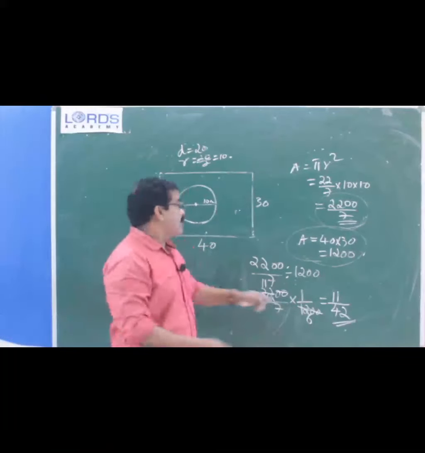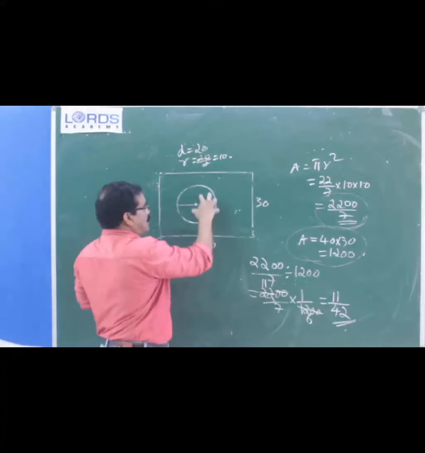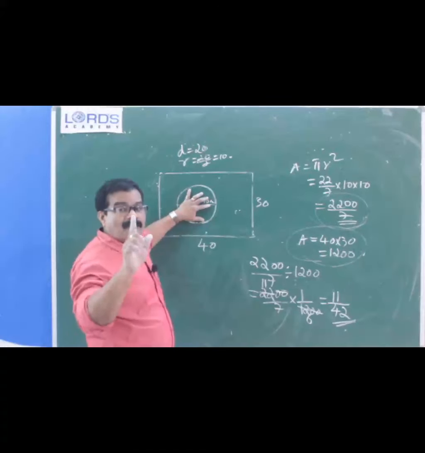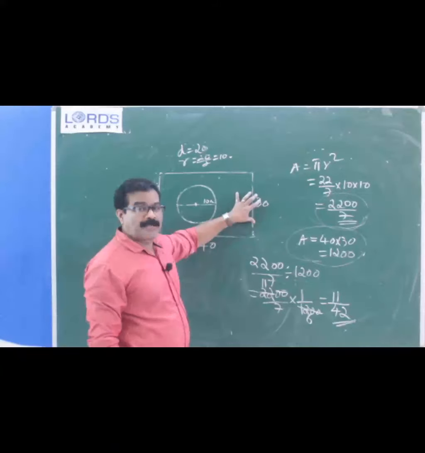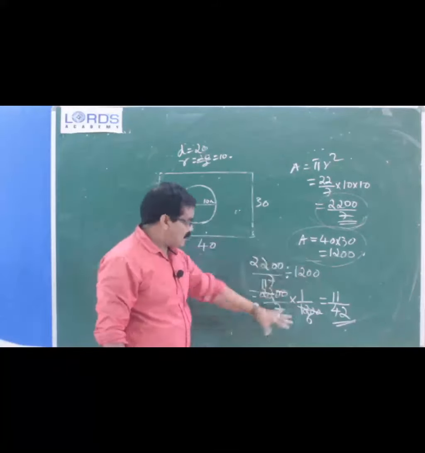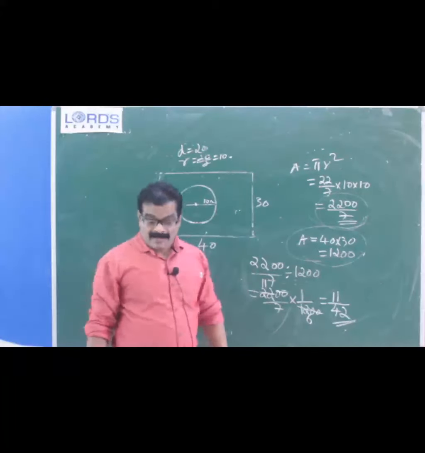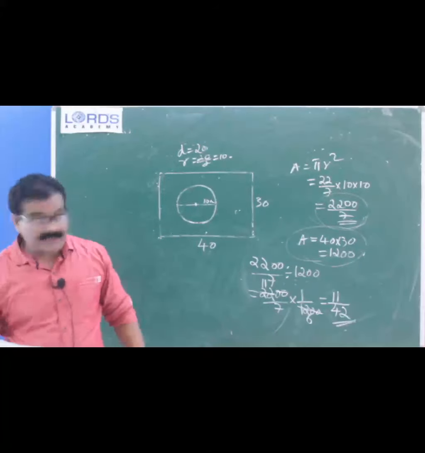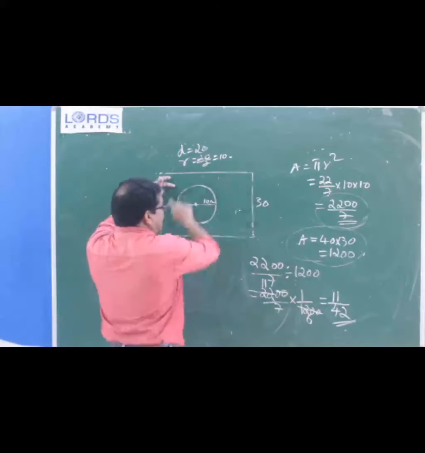Okay. Once again, to get this, you find out the area of the circle, which will be the favorable case. Number of favorable cases divided by total possible cases, meaning the area of the rectangle. You divide it, you will get 11 by 42. Okay. Then what will be the next one? That is outside the circle. What is the probability of this die falling outside the circle?